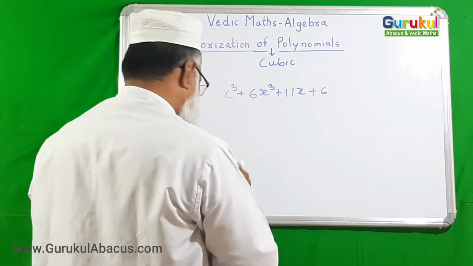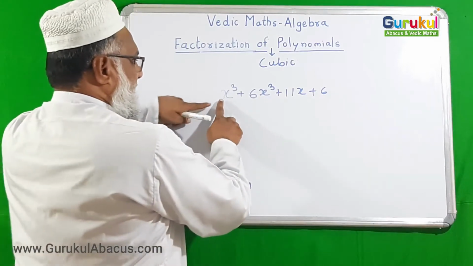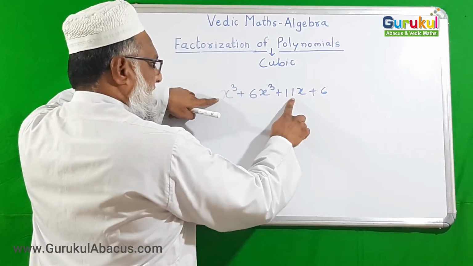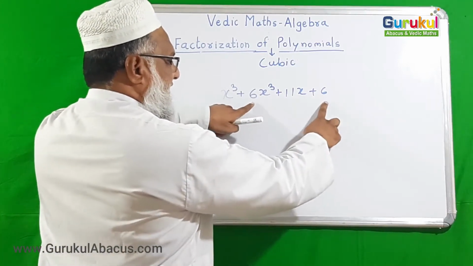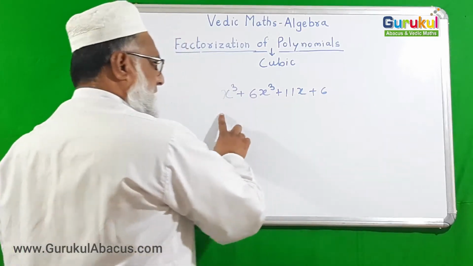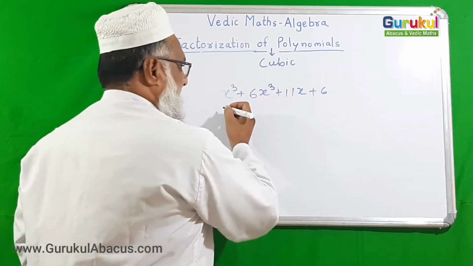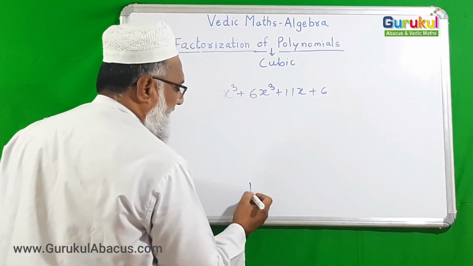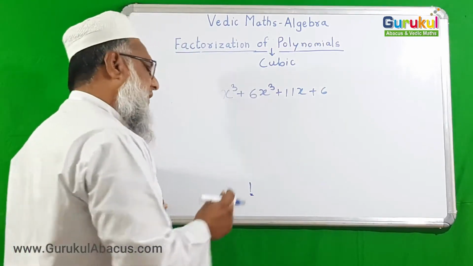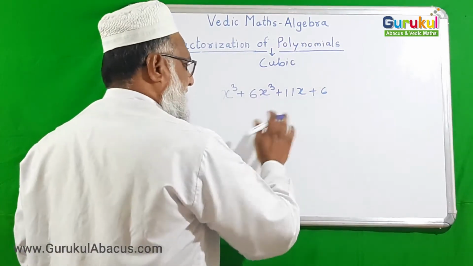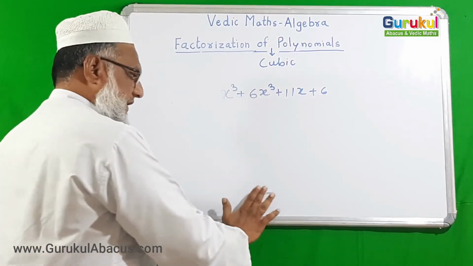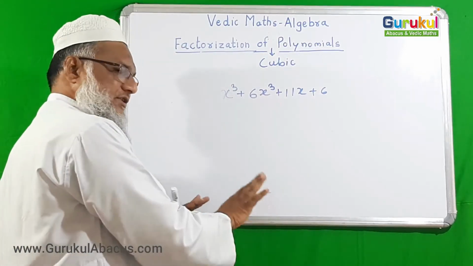Look back again at what it is. The coefficients are 1 and 11, which is 12, and here 6 and 6, which is 12. If this test passes, then we can say that one of the factors is 1. But we are still going on for further clarification. It can happen sometimes, so just keep it in your knowledge.